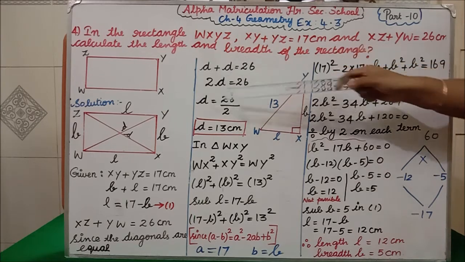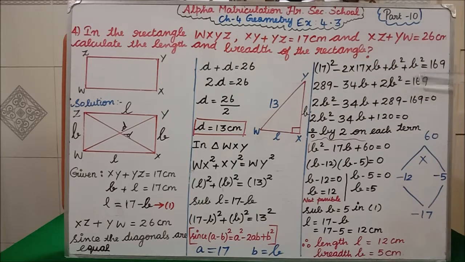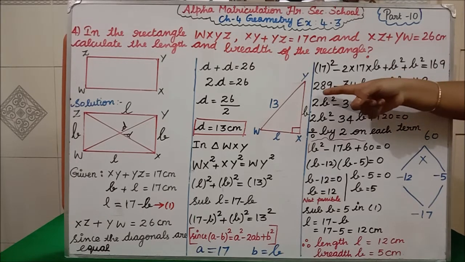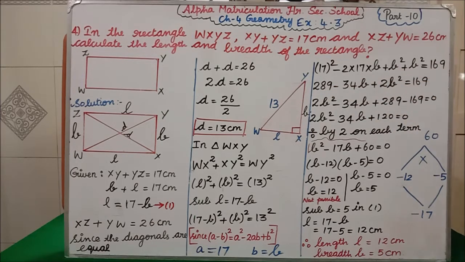Here d plus d is 2d. Like that, same only. B square plus b square means what? Here nothing before the number is there, which means you have to consider 1. Here also 1. So b square plus b square is 2b square equal to 169. I am writing the first x square term, then one b term, then a constant term. So before 2b square I am having plus. So I have written here 2b square minus 34b plus here 289. This 169 comes inside, which means you will get minus 169 equal to 0.